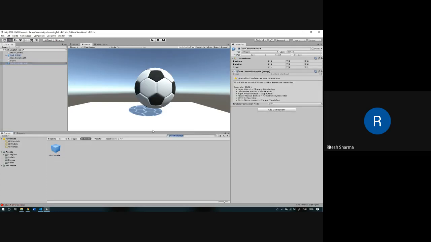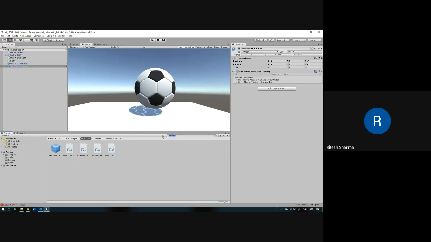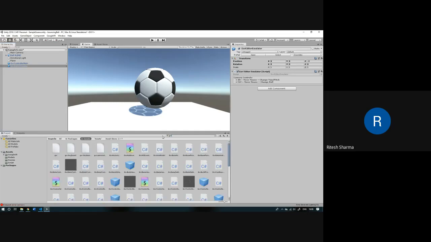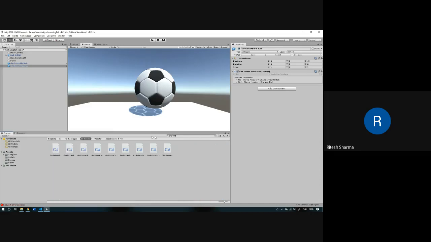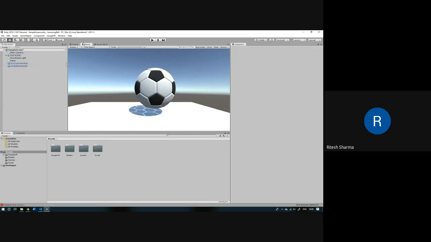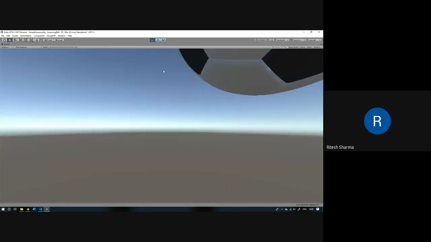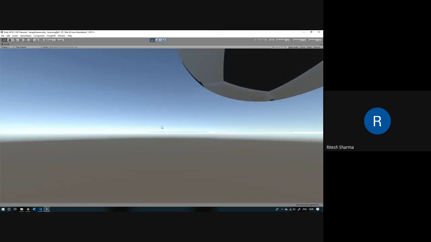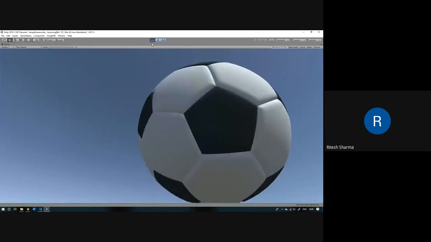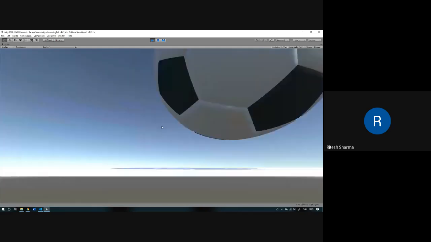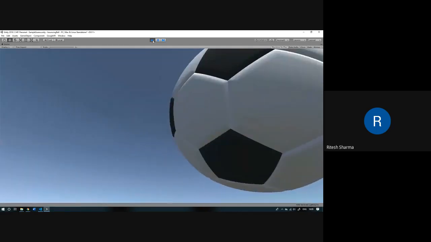Then we had GVR editor emulator, Google VR editor emulator. With the GVR editor emulator, currently when we are rotating it, we can't see around, but with the emulator, we can look around as well. The football or emulator is right on top of its head. That's why it is coming like this.